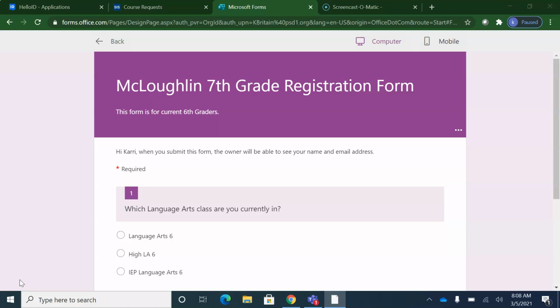Again, 5th graders will be completing this with their 5th grade teacher. Our current 6th and 7th graders are actually going to complete this form with their math teachers on March 15th and 19th. We're having them complete this form with their math teachers so that we can ensure that they select the correct math class to begin with, since that class is the one that has the most variation. So taking a look at this form right here,